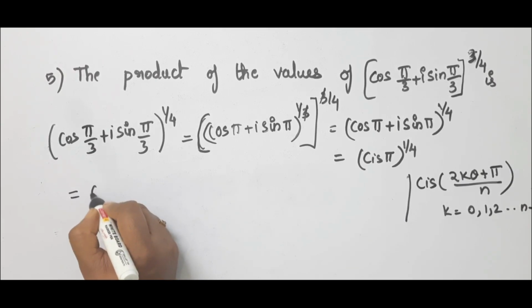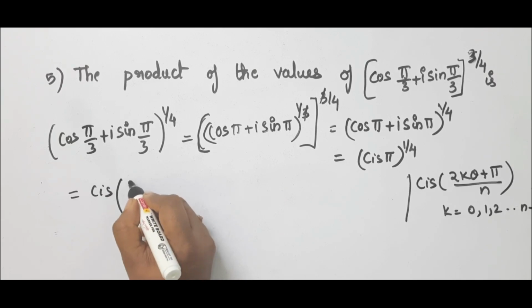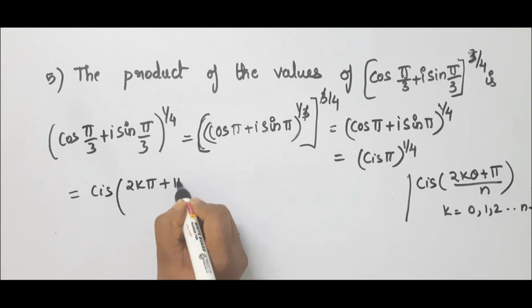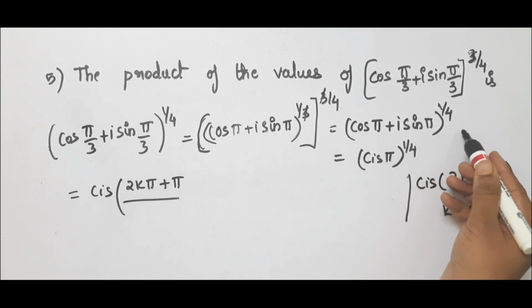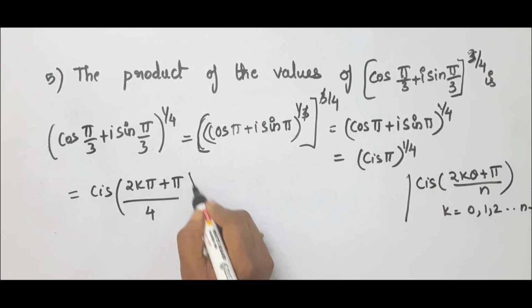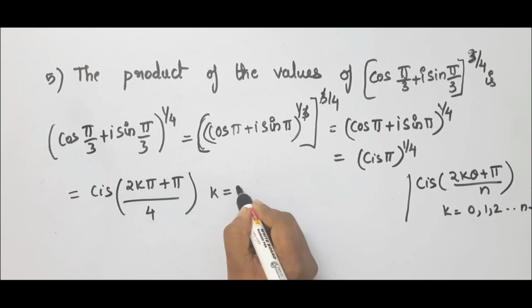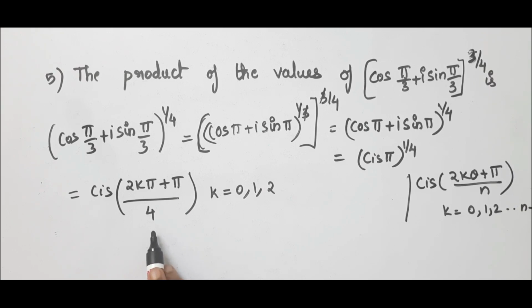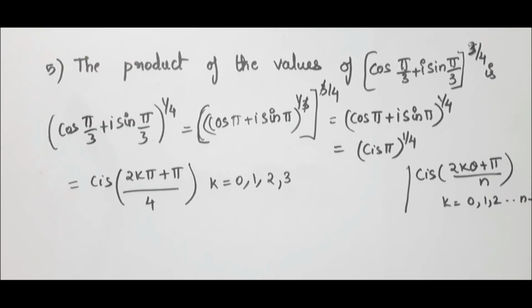So this can be written as cis of (2k pi plus pi) by 4, in place of n it is 4, k equal to 0, 1, 2. We have to take k value up to n minus 1. Is it not? 4 minus 1 is nothing but 3. Up to 3 we have to take. So finally we will get